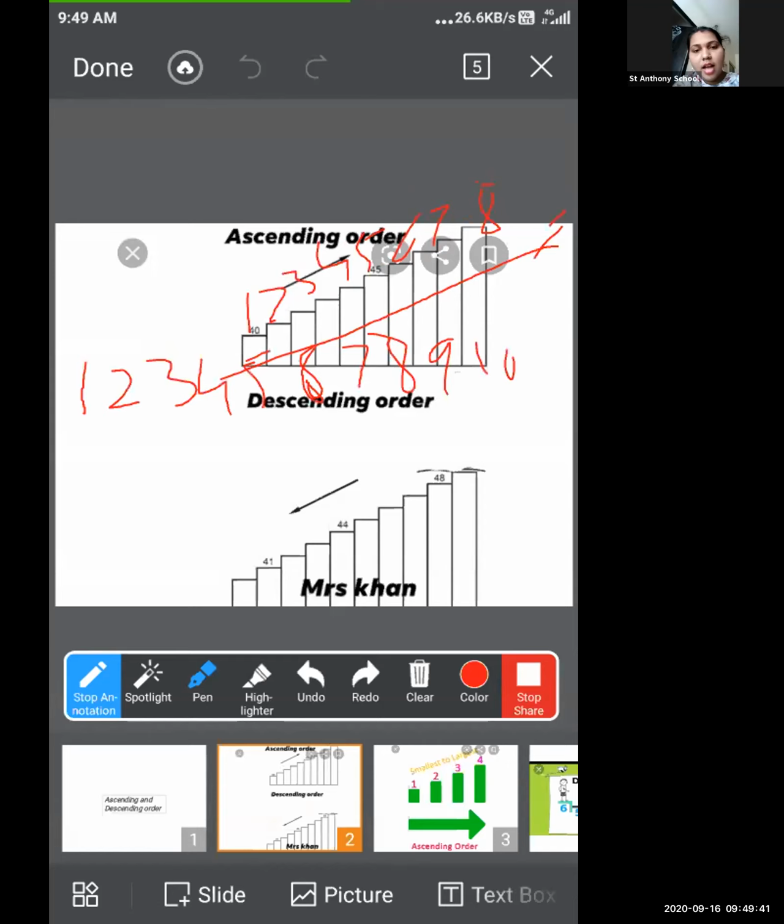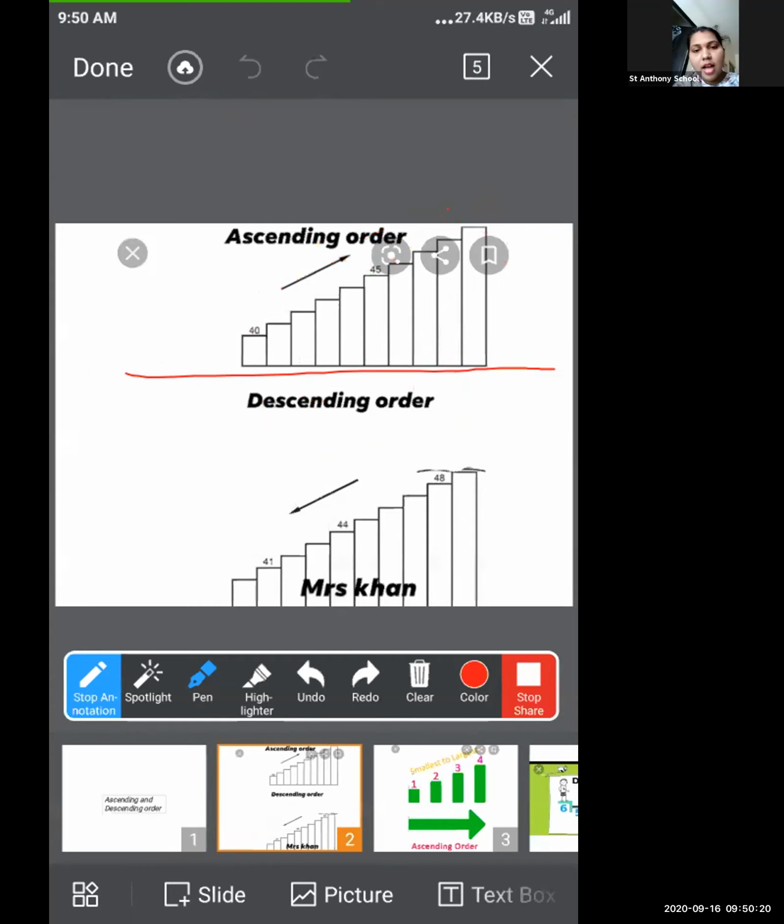So in this, the smallest number is 1, right? We start from the smallest number. When we write ascending order, that time we start from the smaller number to bigger number, right? See, this is smaller number to bigger number. 10 is a bigger number. Then 11, 12, 13. After that, whichever number will come here is a bigger number, but it starts from the smaller number. 1, 2, 3, 4, 5. One number is increased each time.